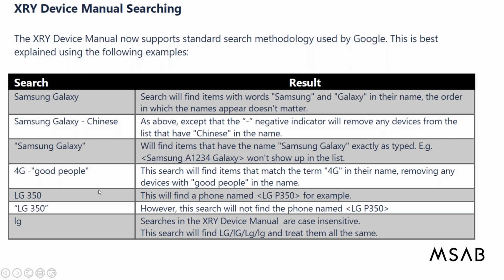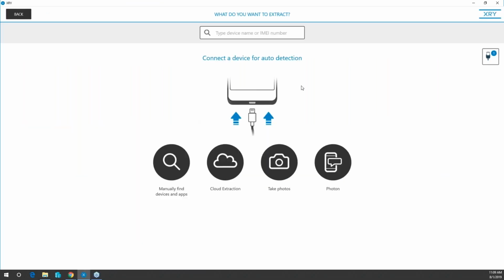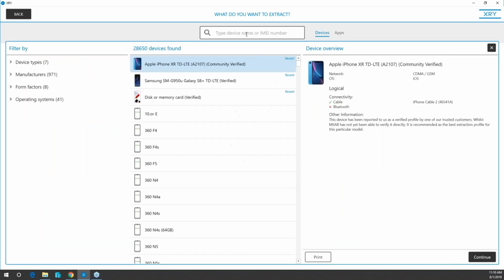So I'm going to actually go into XRY, and once again, you're presented with this interface. If I click on the search bar here, you can see I have some recent profiles that I've used in this list. That's a new development as well. That way, if you use the same profile over and over, it's going to put it at the top as a reminder. But if I start typing in, let's say